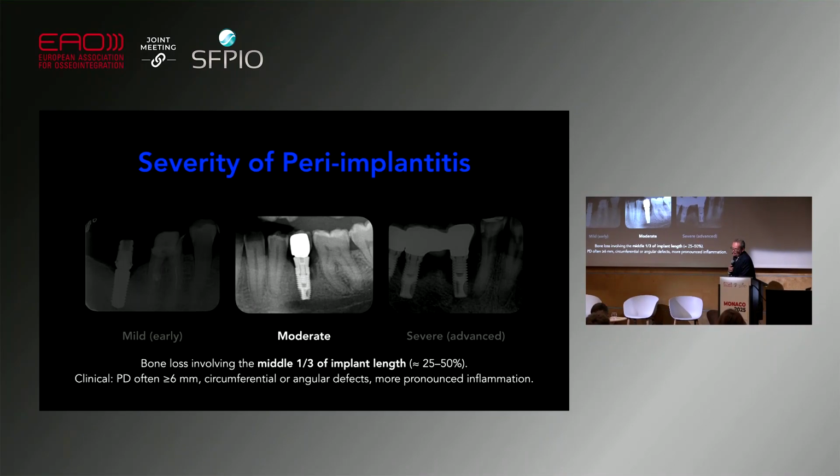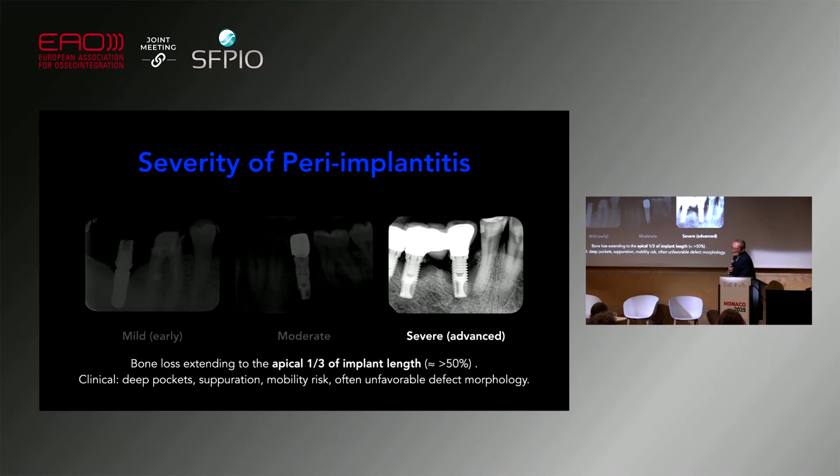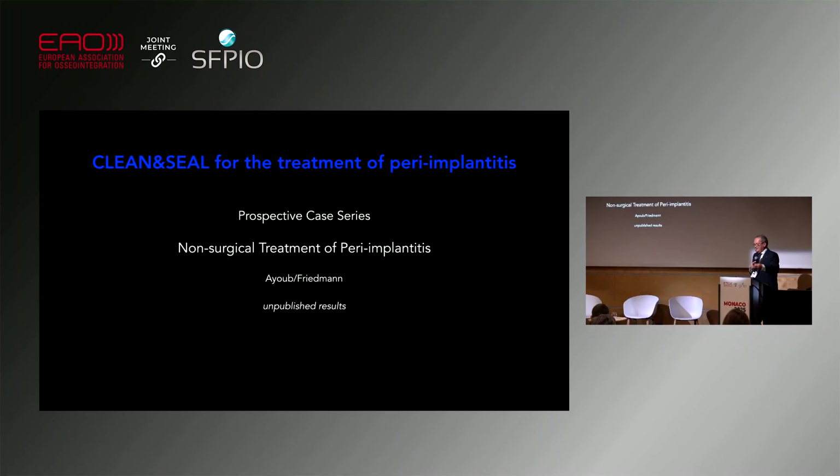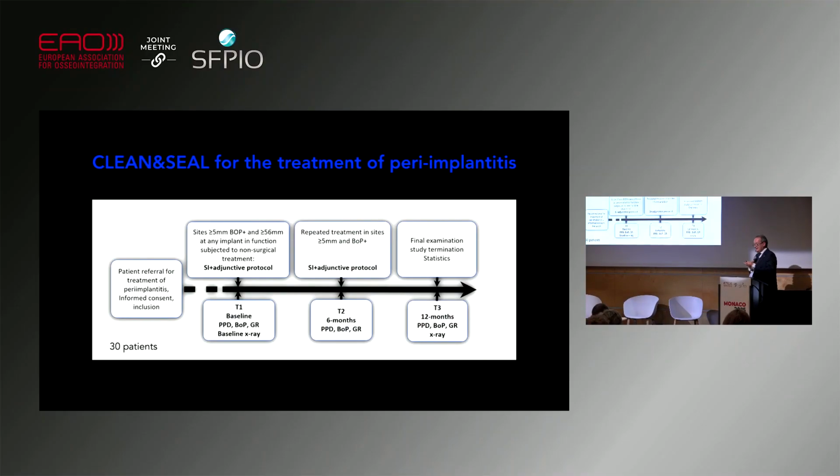Then we have the so-called moderate peri-implantitis, where between 1/3 and 2/3 of the bone is involved. And then we have the advanced cases, and I strongly recommend that for these cases, the best therapy is explantation, to remove the implant. So we treated all these sites, where the bone loss is 2/3 or below, with the CLEAN&SEAL concept, and we wanted to see how long the result can be maintained and how we can even improve the situation. Before starting my cases, one